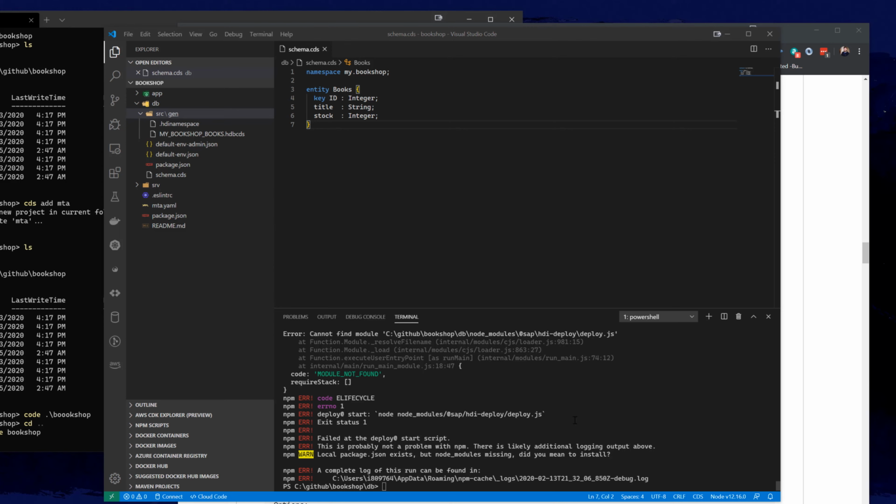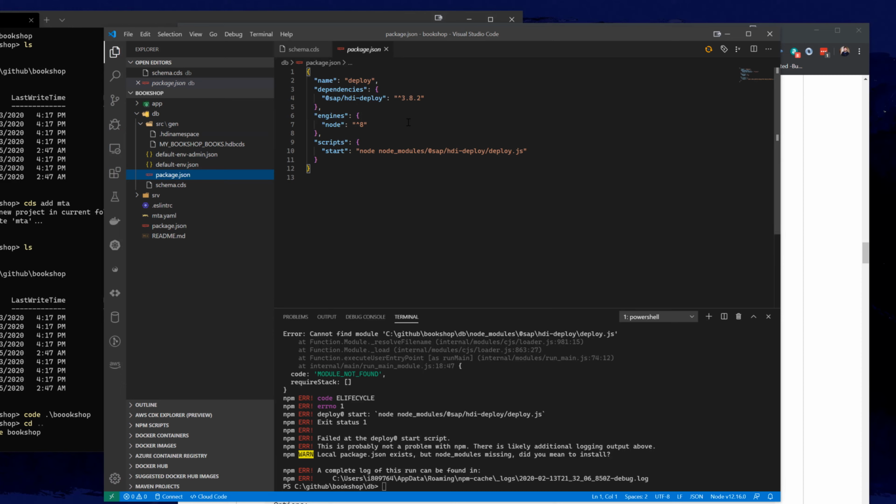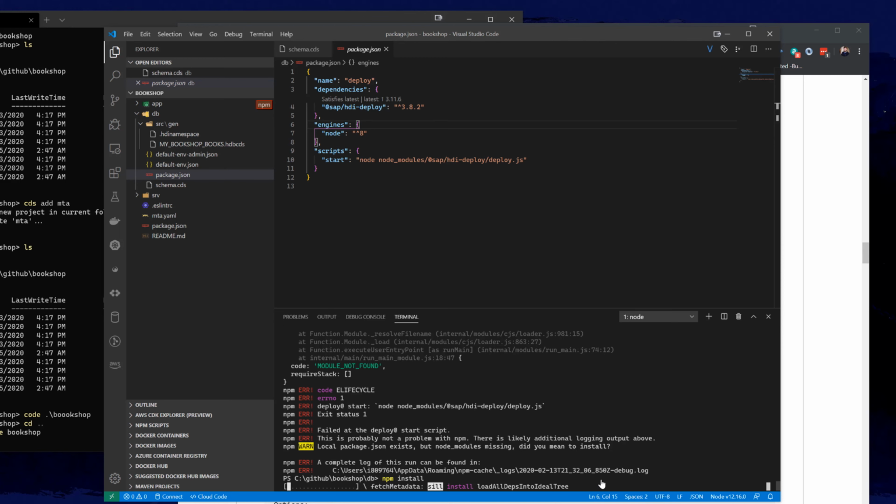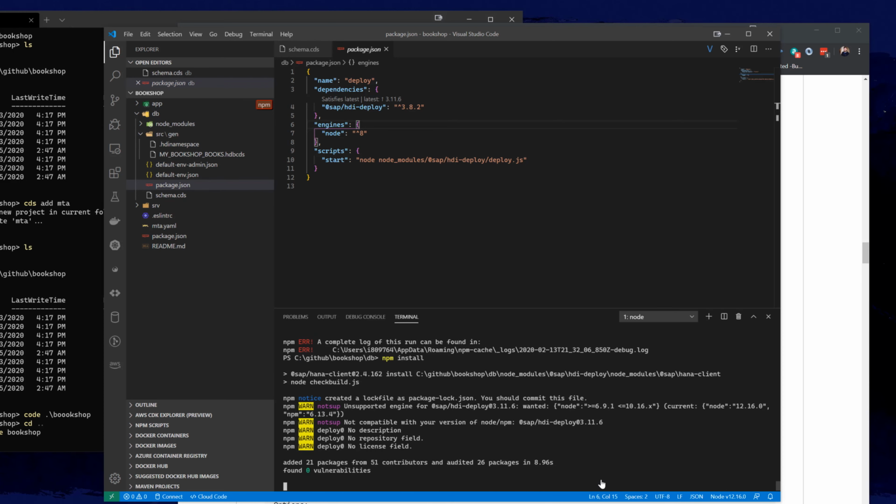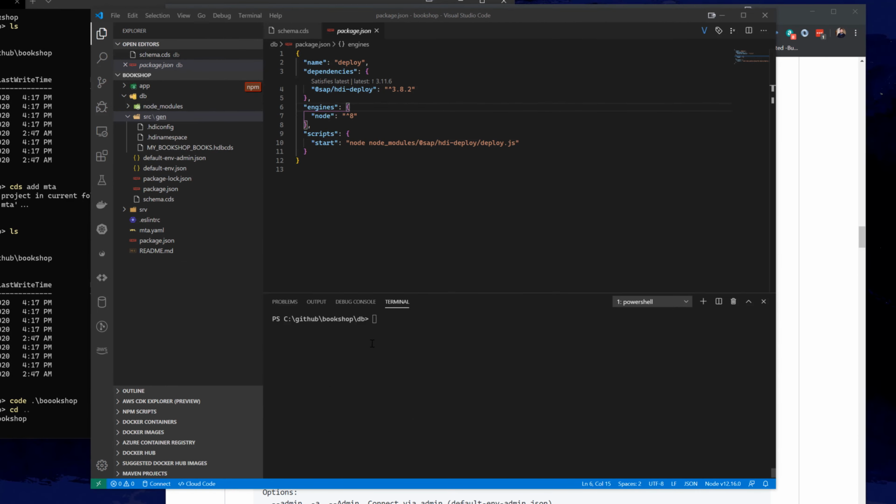and I missed one step here. I ran npm start, but actually our package JSON needs the HDI deployer. So I have to run an npm install first in the DB folder just to pull down the deployer. Sorry about missing that step. And now that I have my prerequisites, I got my HDI deployer installed in this folder. You can see here the start script just calls the HDI deploy command. And if I say npm start,